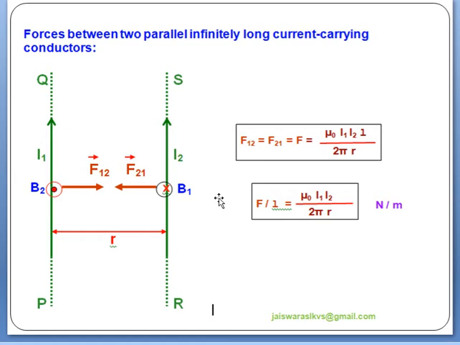And what will be its magnitude? F12 is equals to F21 is equals to F is equals to mu naught I1 I2 into L upon 2 pi r. And force per unit length, that is F upon L is equals to mu naught I1 I2 upon 2 pi r. This is in Newton per meter. So next, see next case,